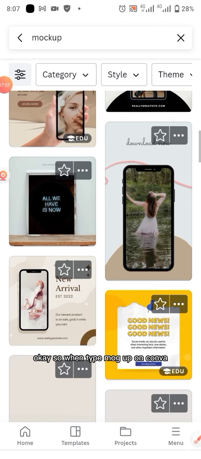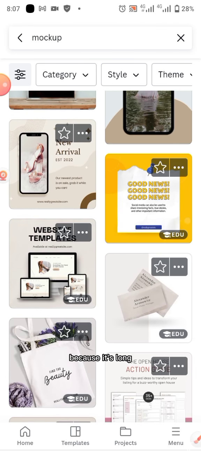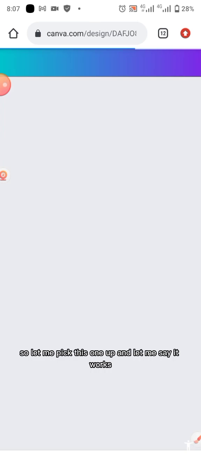Okay, so when you type mockup on Canva, I'm still on Canva. I've left that site because it refused to load. So let me pick this mockup and let me see how it works. So when you click on Canva, whether you are using Canva Pro or the free one, it will still